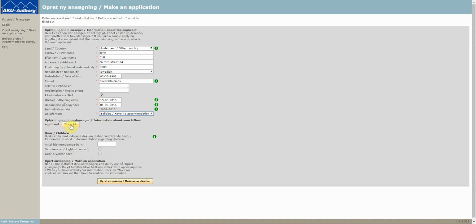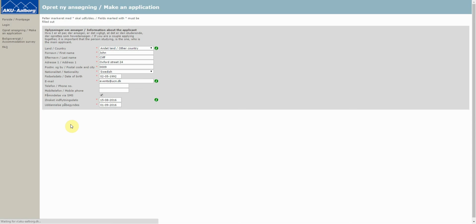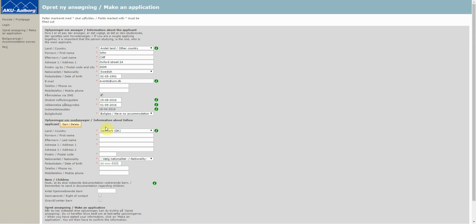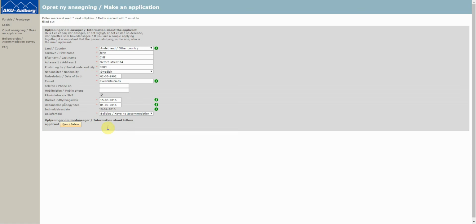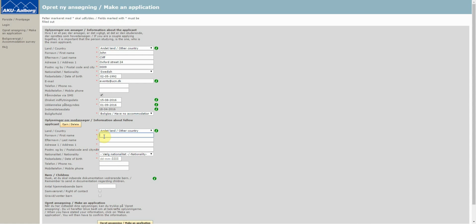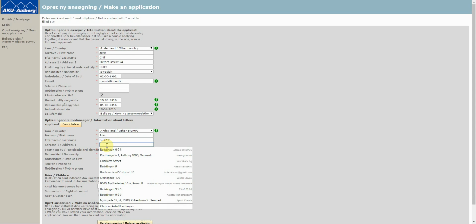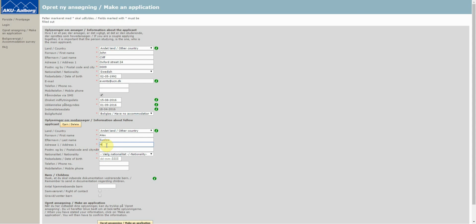If you are actually two people in a registration, you need to click on the yellow button that I showed you, and the same procedure for the next one. We fill again same information, but for the other applicant. We choose nationality, let's say he's Czech, and again birthday,